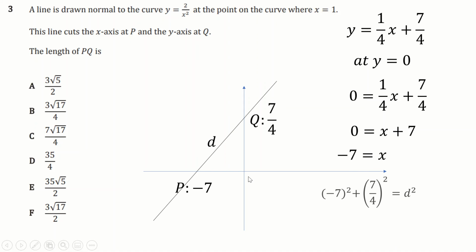Now you could set up some Pythagoras and say this length is d. I'm doing 7 squared and 7 over 4 squared. I put a minus in there just because, I mean, it doesn't make a difference. You square it out anyway. Now this is annoying to do. There is actually a much faster way of doing this without having to mess around with these fractions here,